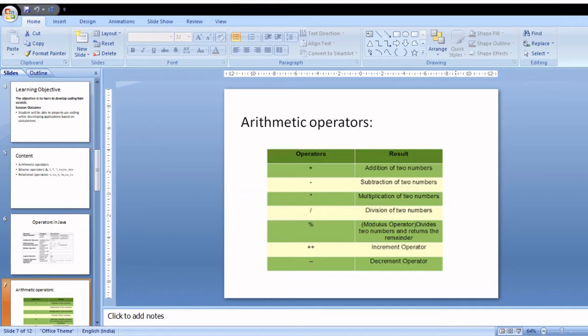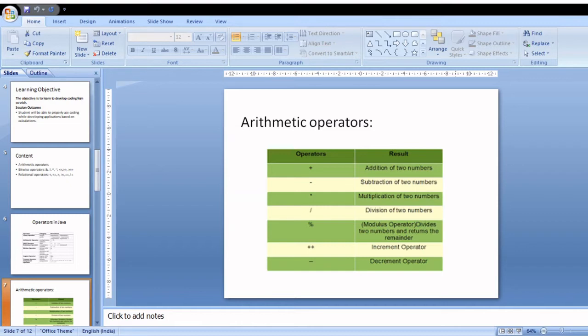If I add 2.1 plus 5.1, then it becomes a floating point arithmetic operator. The same plus is used as floating point arithmetic operator.